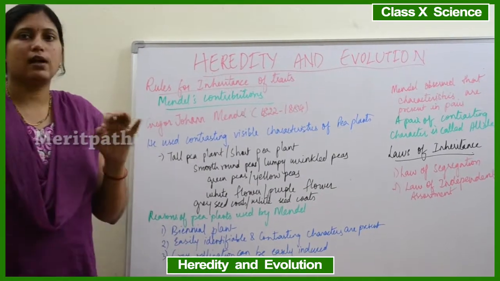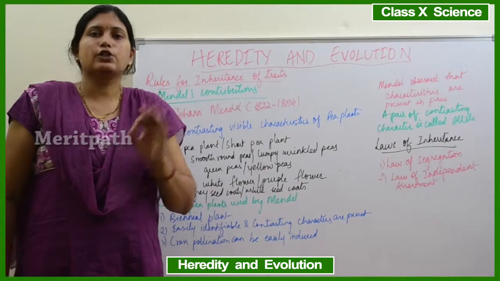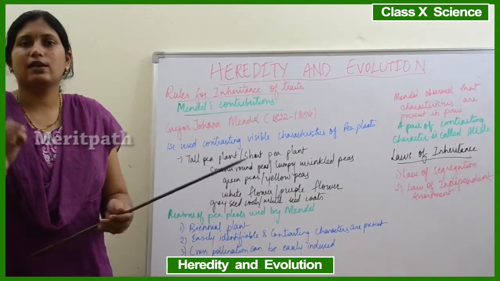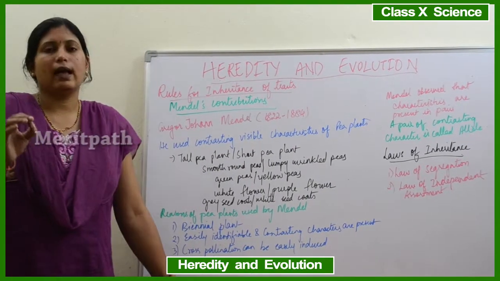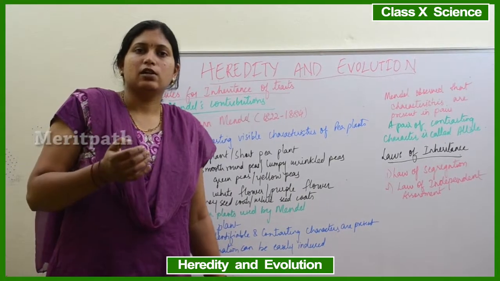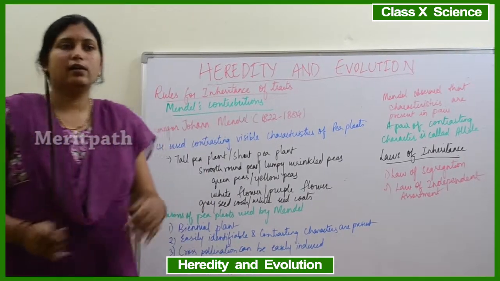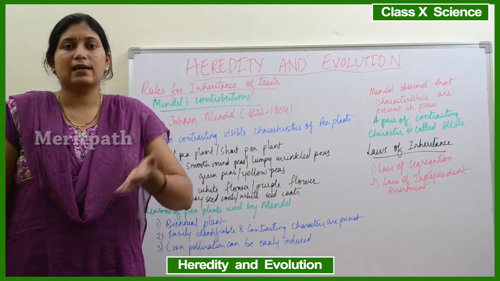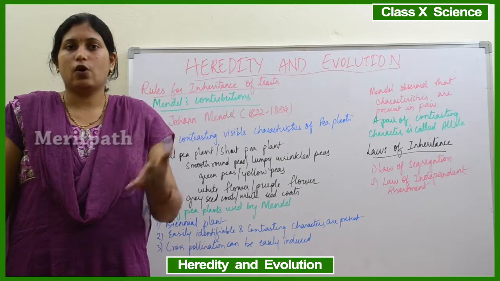his contributions in that. There was a scientist named Gregor John Mendel. He was actually an Augustinian monk. He was actually not a scientist. He did his studies first on animals, that is rats, but the bishop of that church was against him studying on rats. Then he moved on to the pea plants. He considered those pea plants as his children and he started his scientific research on those plants.